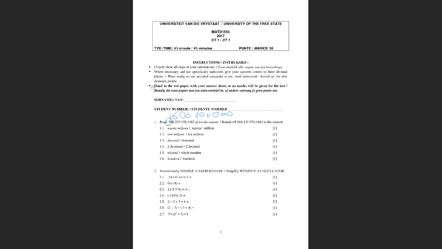We can hear you. Sir, can you please repeat 1.5? 1.5, the nearest whole number is a number without a decimal. So here is the nearest whole number. I've circled it. You see that? The number after the comma is less than 5. So we don't add 1. So we simply write